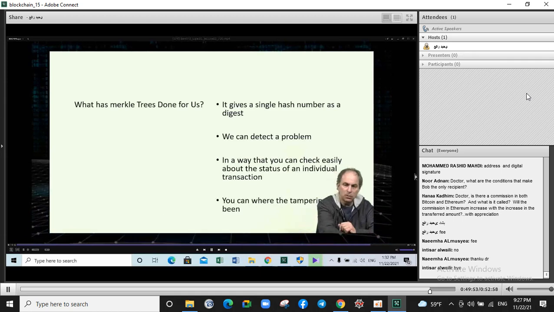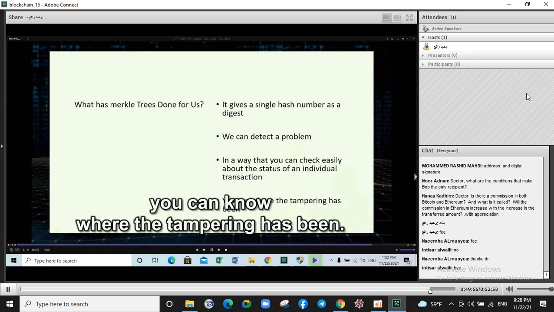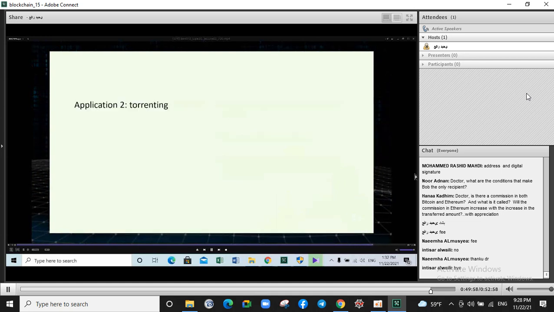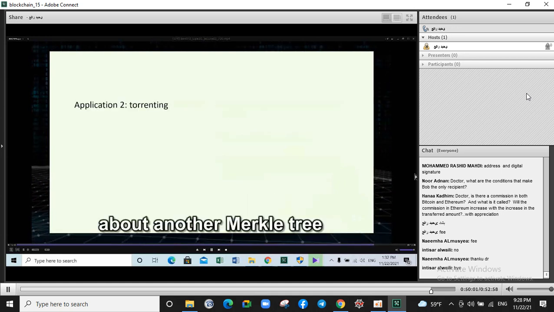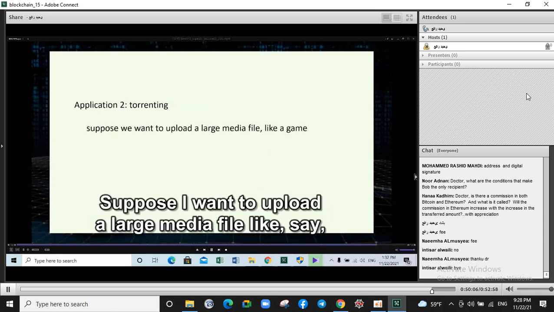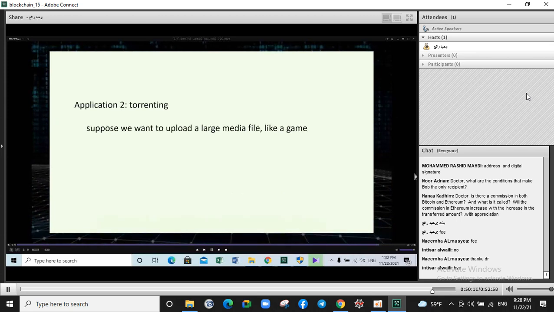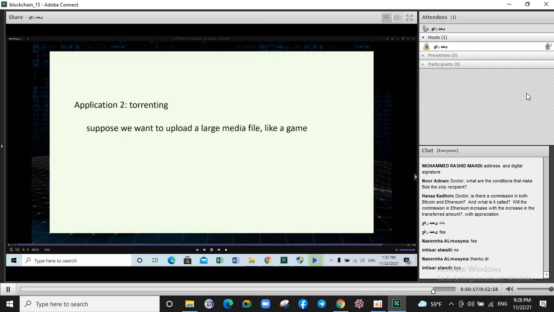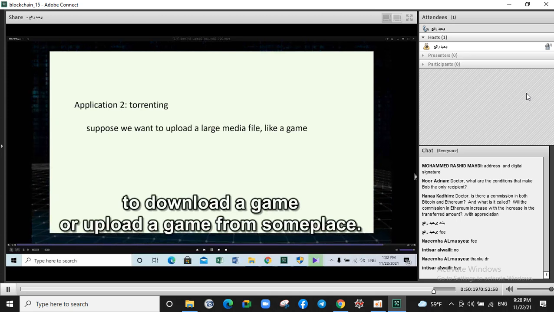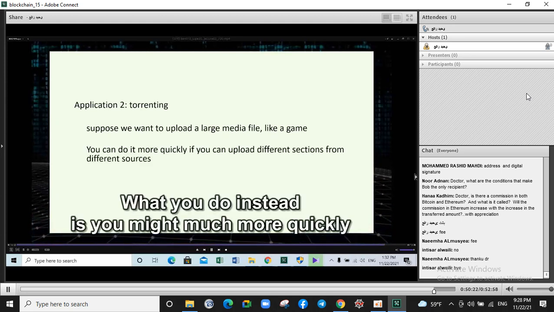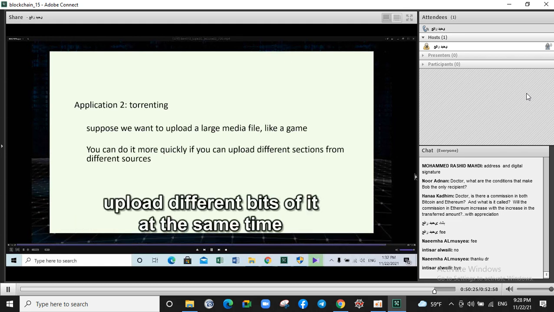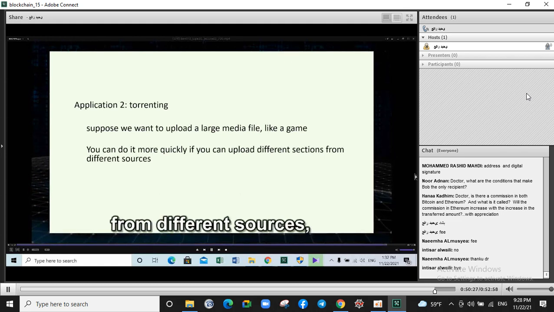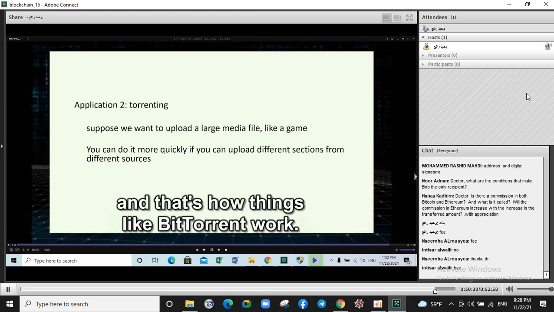Now I'm just going to talk very, very briefly about another Merkle tree application, torrenting. Suppose I want to upload a large media file, like say a game. The games are quite large. It would take a long time to download a game or upload a game from someplace, right? So what you do instead is you might much more quickly upload different bits of it at the same time from different sources. And that's how things like BitTorrent work. And the Merkle tree is used in those systems as a way of keeping track of